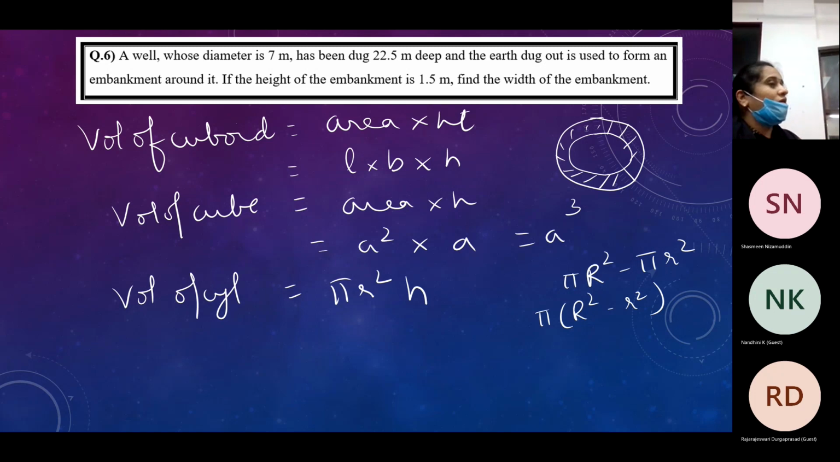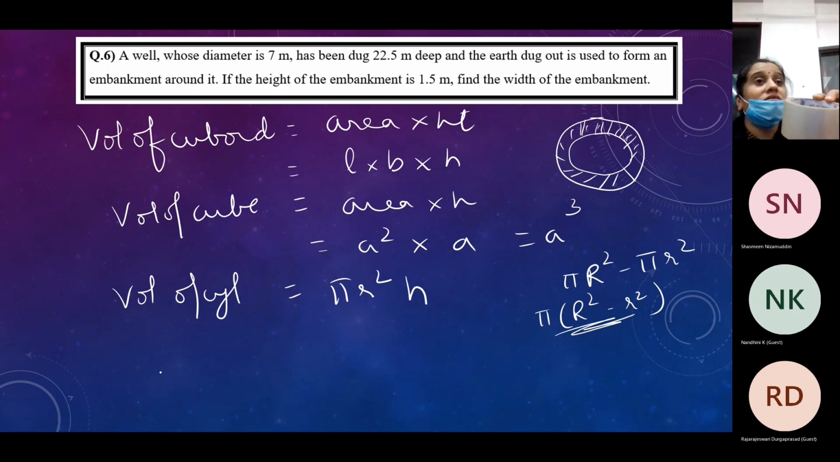Yes or no? The cross section is a ring. What you see on the board is a ring like this. I've shaded this one. And how do you find this area? Pi capital R square minus small r square. So the volume of a cylindrical shell or a wall which looks like this is the area of the uniform cross section into height. So the volume of the wall, or the volume of the embankment which is built around the circular well,